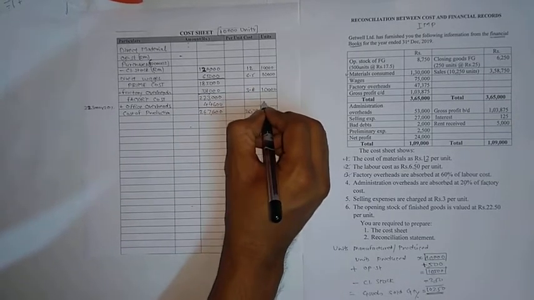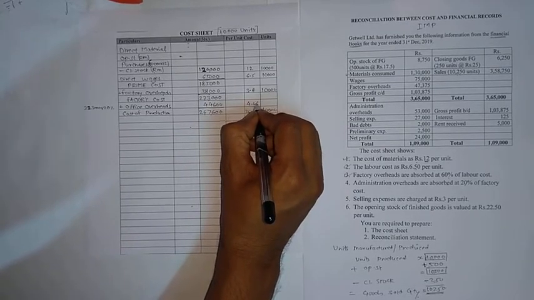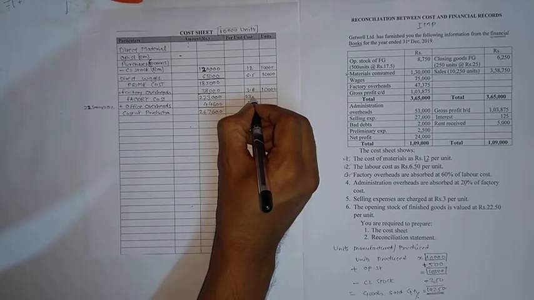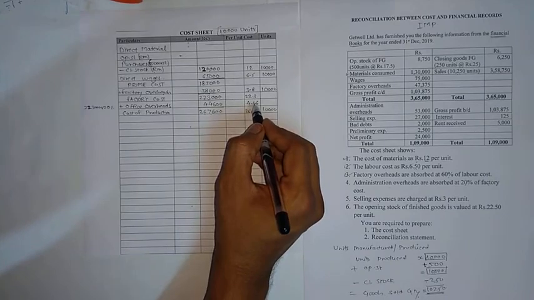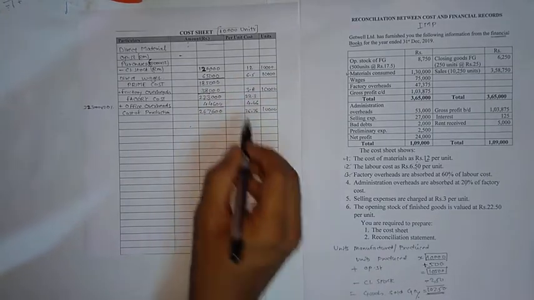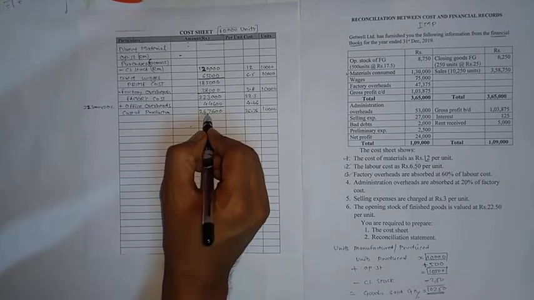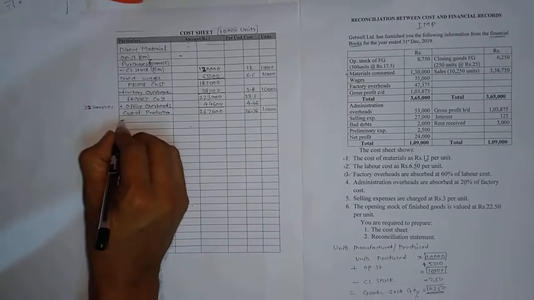26.76. Here again units are 10,000 only. CPU will be 4.46 and here it will be 22.3. This is not always required, but as we are preparing complete cost sheet, we are also calculating cost per unit. Okay, so up to cost of production it is 26.76. Okay, then add